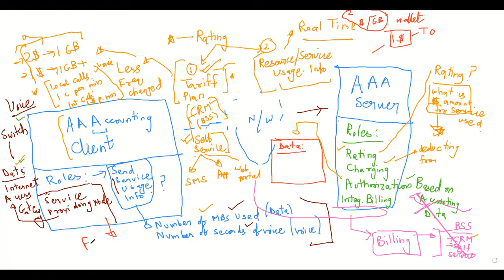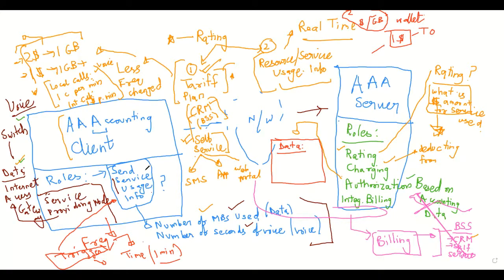Typically, there is some frequency, there is something that triggers the sending of the service usage info. It is typically either time based, which means that you could choose to do it every minute or every 3 minutes or every hour, or that trigger could be something else. It could be something more dynamic as well. To put the point across, let's say it's time based. Let's say after every 1 minute,